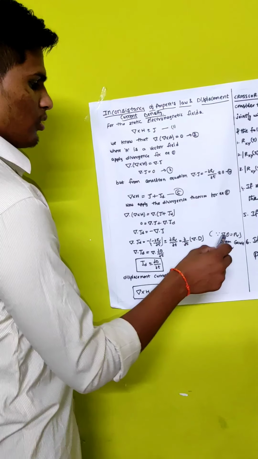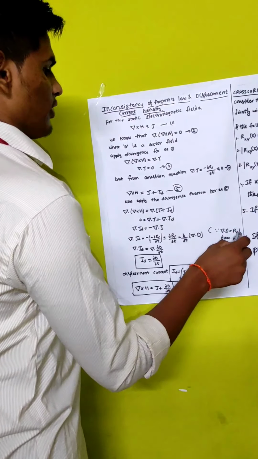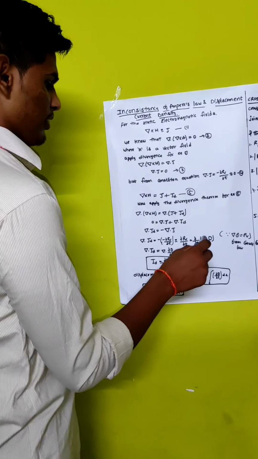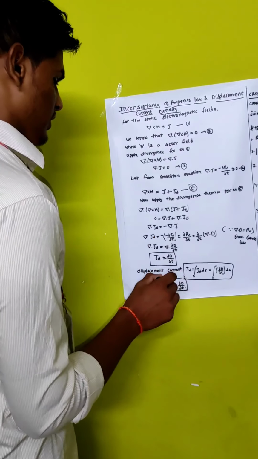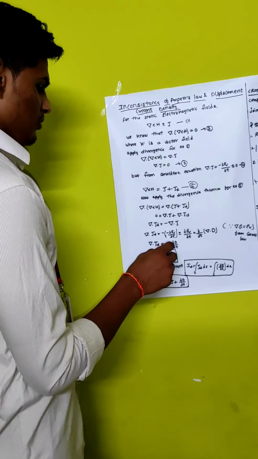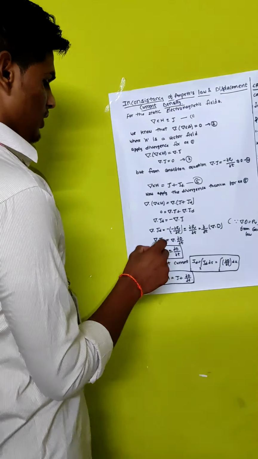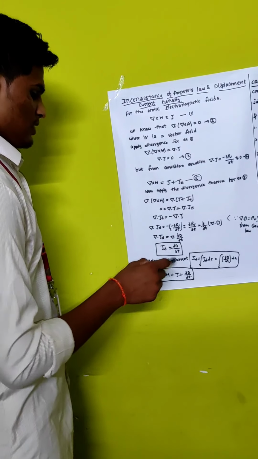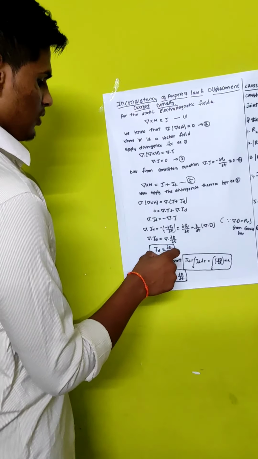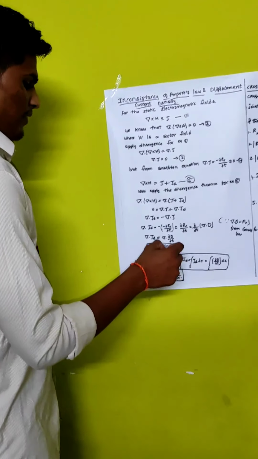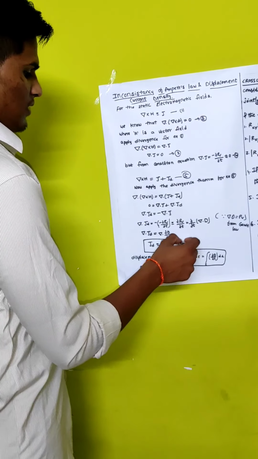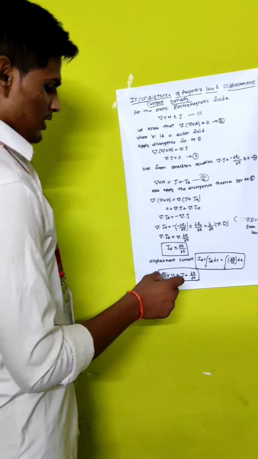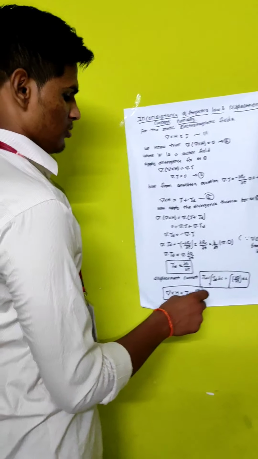From Gauss law, we know that del dot D is equal to rho v. Substitute this value for rho v. Therefore, dou by dou t of del dot D is equal to del dot JD. Finally, we get del dot JD is equal to del dot dou D by dou t. Here both have dot operations and both dels are cancelled. Finally, we get JD is equal to dou D by dou t. This value is substituted in equation 5. Therefore, finally we get del cross H is equal to J plus dou D by dou t.